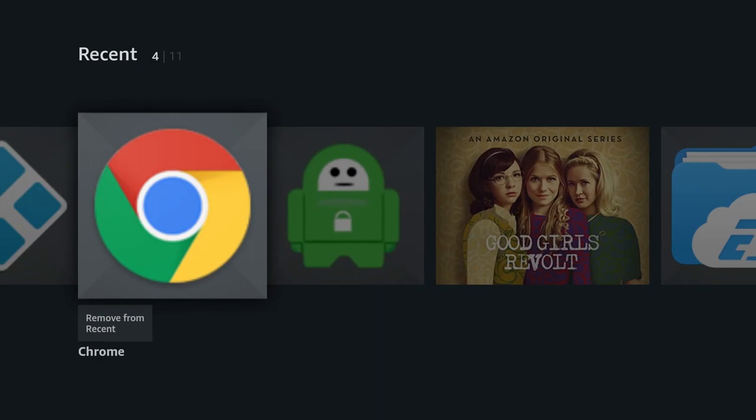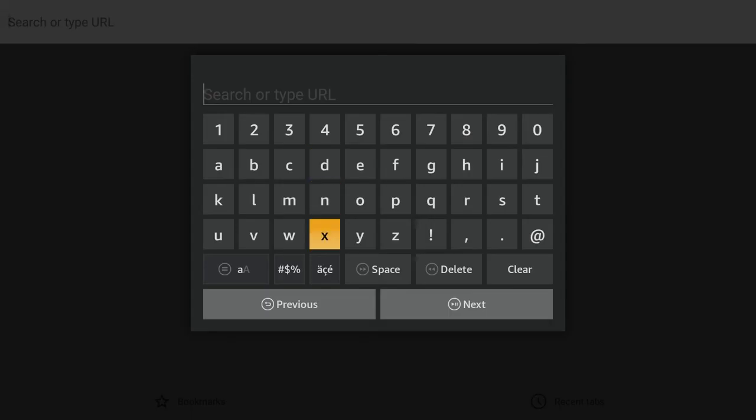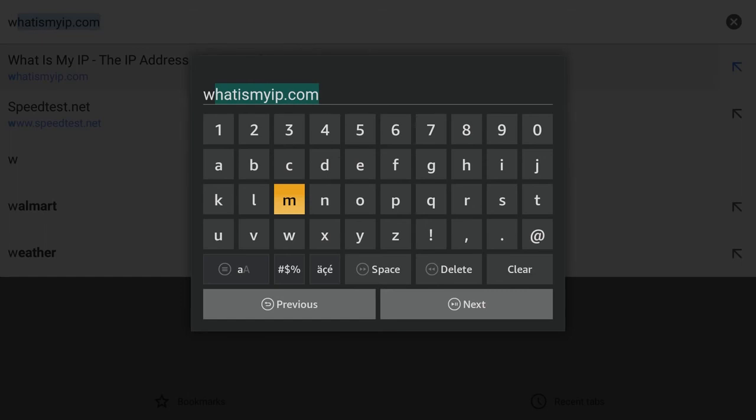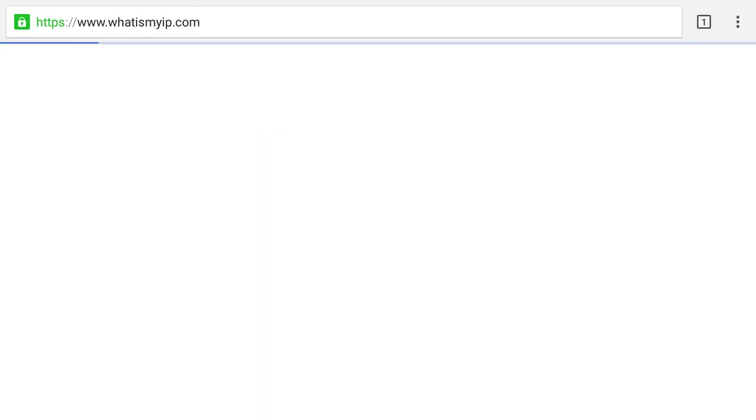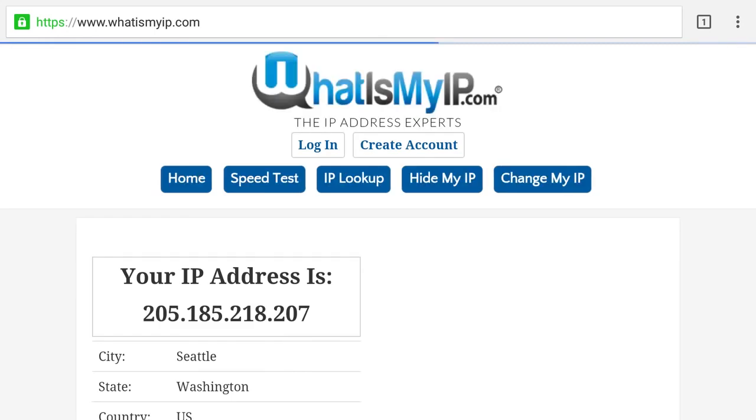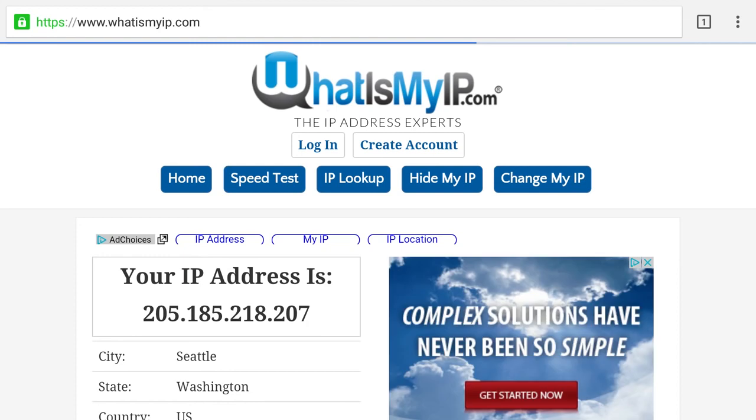And one thing I often like to do just to double check this is open my Chrome browser, and we'll type in the internet address, whatismyip.com. We'll click next. And you're going to see there that the IP address is the same one that was listed in IPVanish, which is